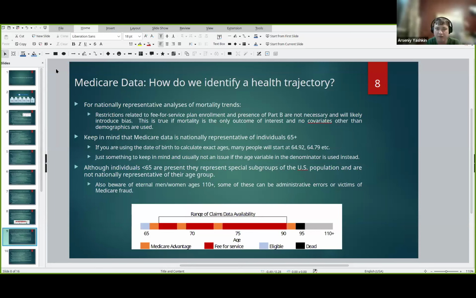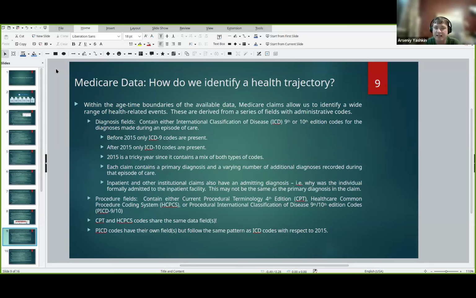So before 2015, only ICD-9 codes will be present in the data. After 2015, only ICD-10 codes are present in the data. 2015 is a wonderful year. Whatever the doctor wanted to do, that's what he sent you over. So it takes a little bit more attention to what you're trying to pick up, especially in SAS, when you can run into variable lengths and censor some of your codes. So keep this in mind.